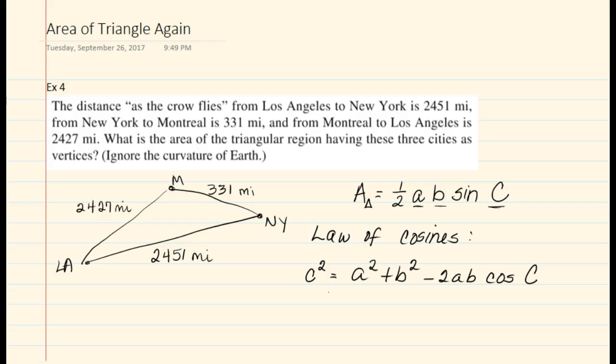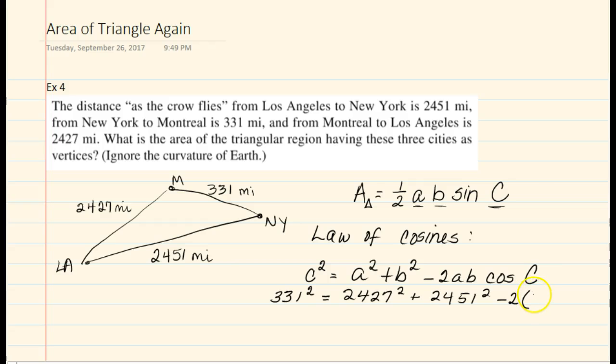We have all three sides, so it doesn't matter which one I pick. So I'm going to say 331 squared is equal to 2,427 squared plus 2,451 squared minus 2 times, and I'm going to put each of these distances in there,